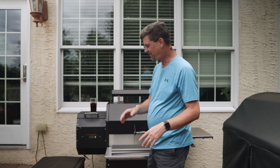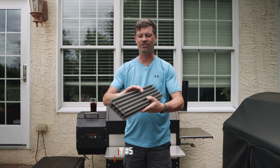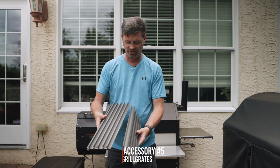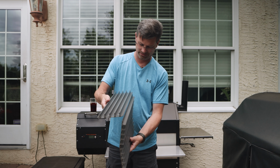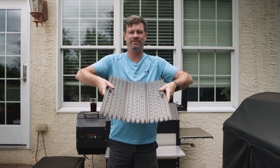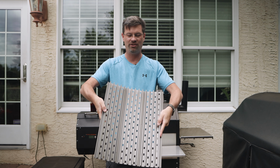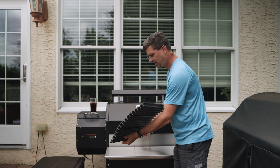Accessory number 5, you can see I've got a brand new set here. These are grill grates, and they have a channel in them. Little lip goes in there, and they go together like that. And you can use the backside for things like bacon, and you can use this to sear some things up. And to give you an idea here,